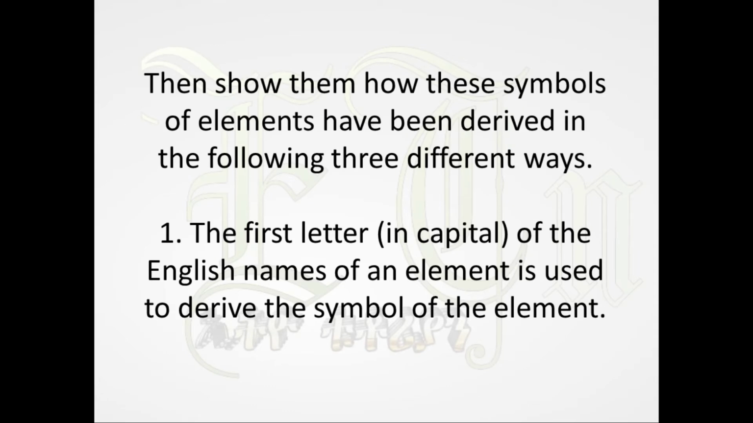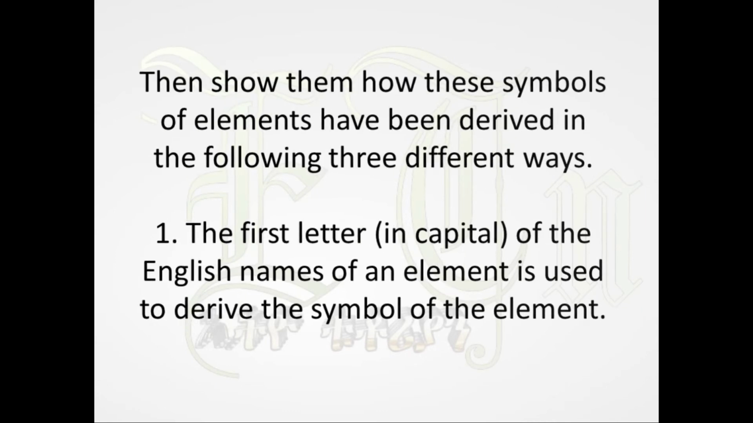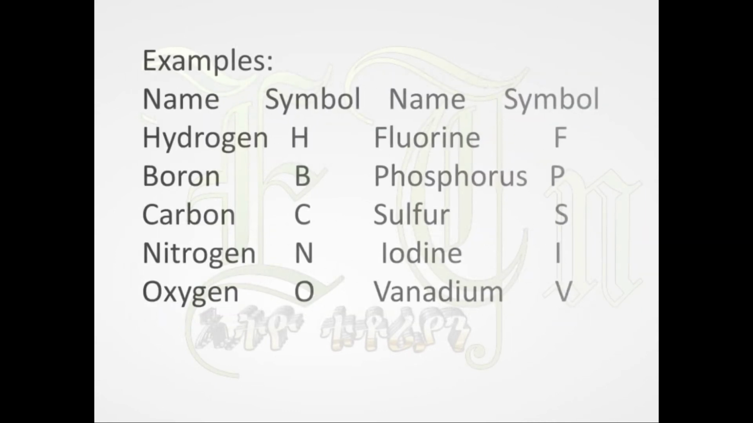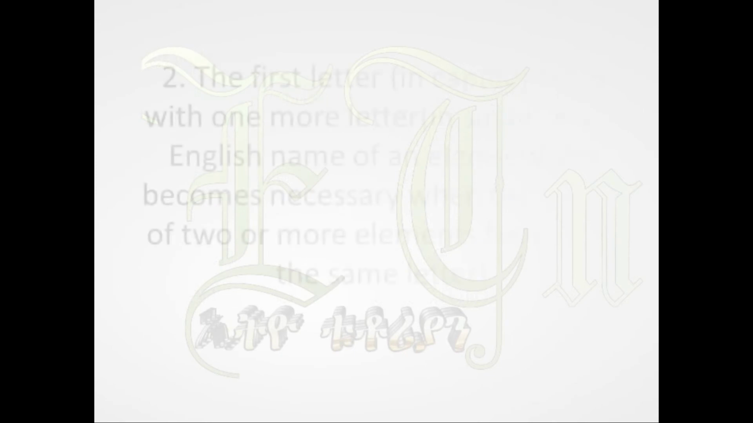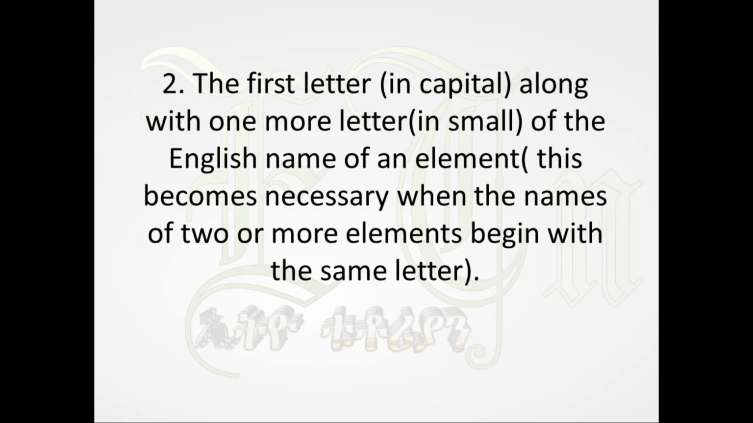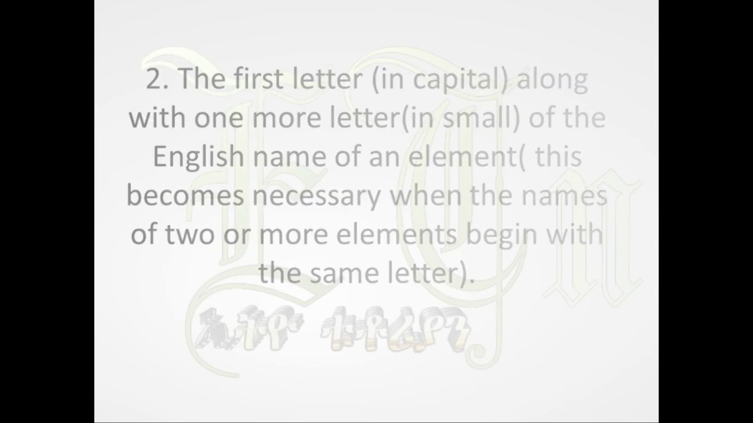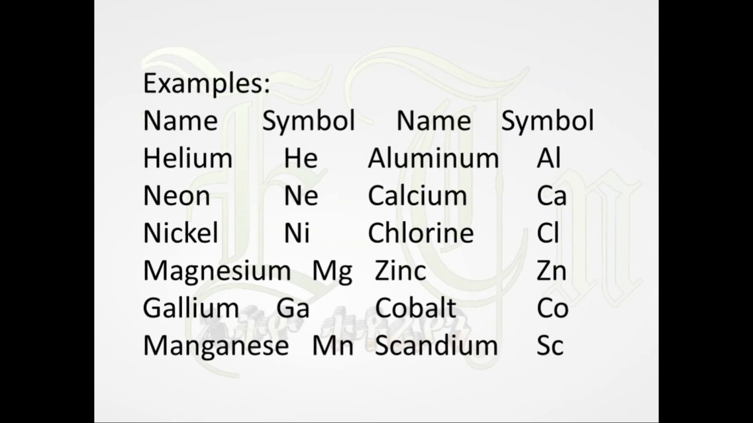1. The first letter in capital of the English name of an element is used to derive the symbol of the element. Examples: to the first letter in capital along with one more letter in small of the English name of an element. This becomes necessary when the names of 2 or more elements begin with the same letter. Examples: